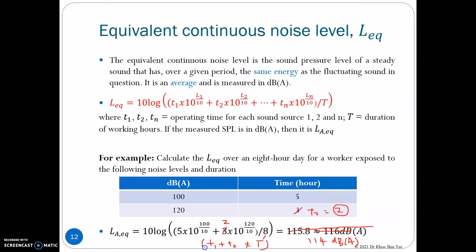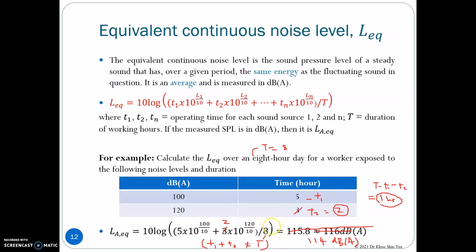So this is not always true, like this case. You are working for 8 hours per day. In this case, you spend 5 hours for the first station and 2 hours for the second station. So 8 minus T1, T2, you obtain the remaining time equal to 1 hour. So imagine you spend 1 hour for rest or for lunch time. During this 1 hour, it's assumed that the worker is exposed to a very low noise which can be